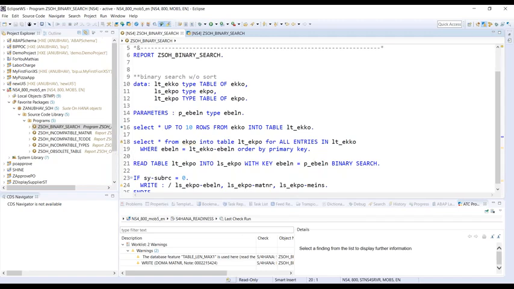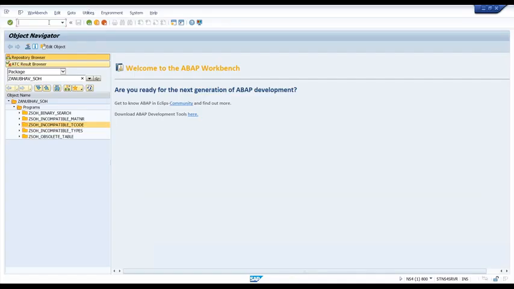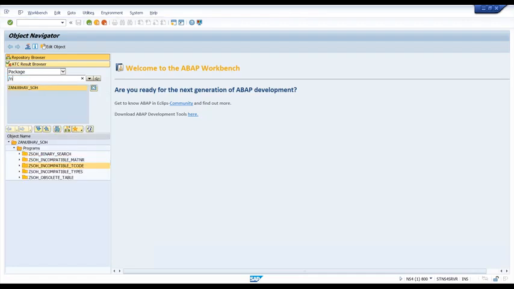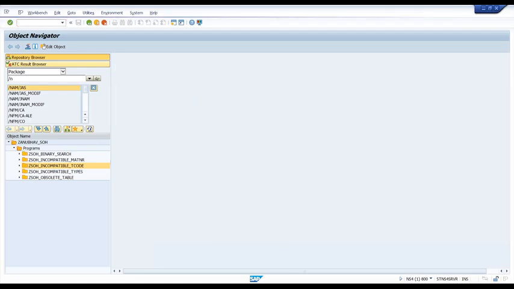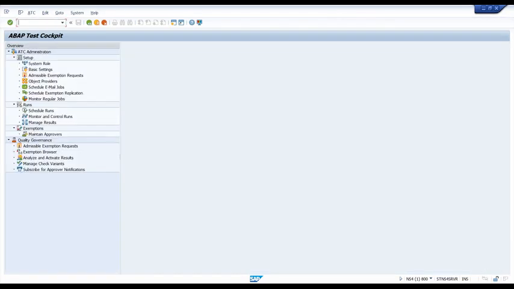So now I'll come back and show you how to go to ATC. Remember our package name is Z Anubhav SOH suit on HANA, and I go to /n ATC, the ABAP Test Cockpit transaction. You can do it with code inspector also, but I just want to show ATC, guys, because some of you have requested me over email, Anubhav, can you show the ATC option as well? So I'm showing that. Go to runs, schedule a run,